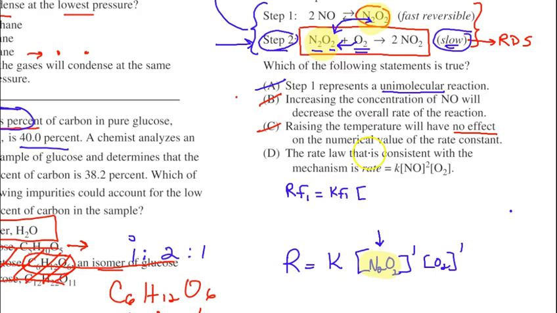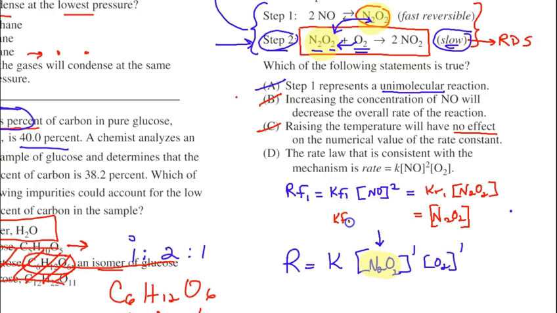I'm going to take that elementary step, which is NO to the second power, and it's equal to the rate of the reverse, which would be K of the reverse of the first step, and that would be N2O2, the intermediate, to the first power, because there's a 1 there. And now I'm going to solve for this. So the concentration of N2O2, that's the intermediate, is equal to, well,